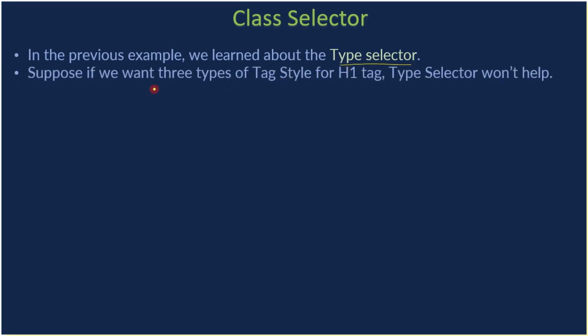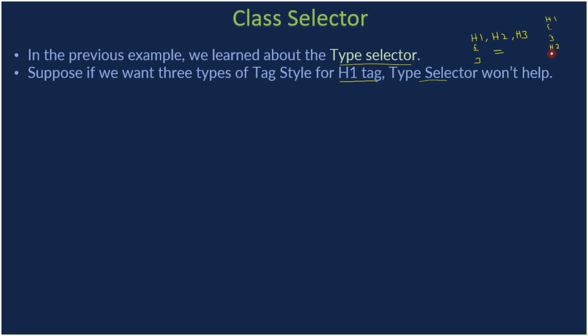Suppose we want three types of tag style for the h1 tag itself. Previously we applied the same rule for h1, h2, h3, so we specified the selectors with commas, right? Here we want to apply different styles to the same h1 tag itself. In that case, the type selector won't help. Of course, you can use separate selectors, h1,